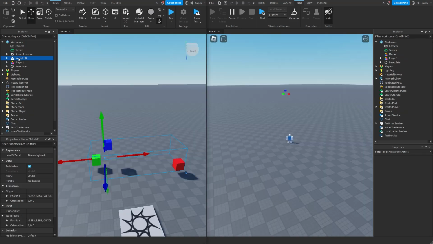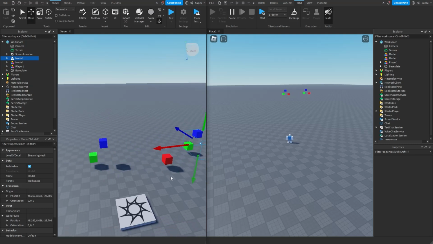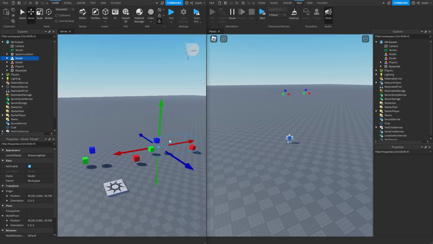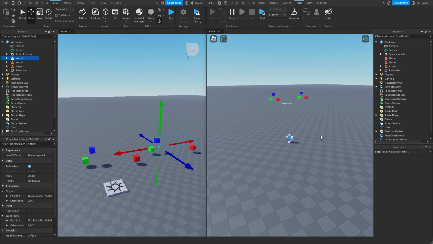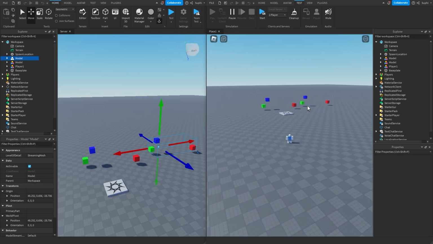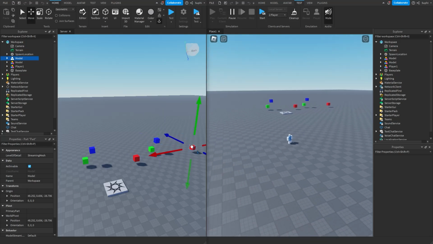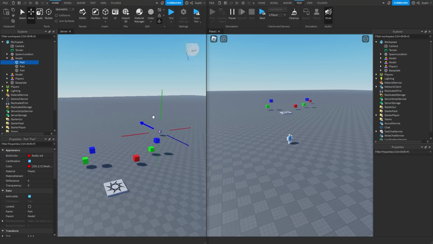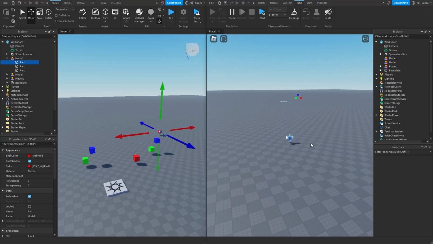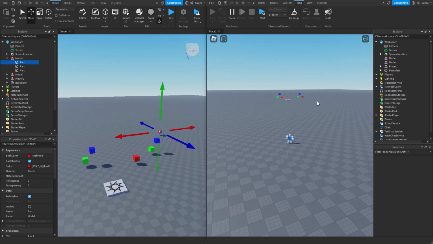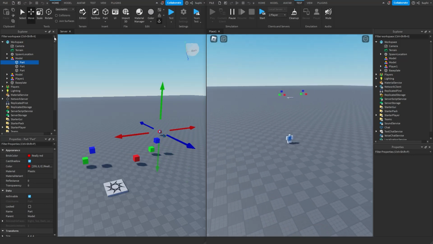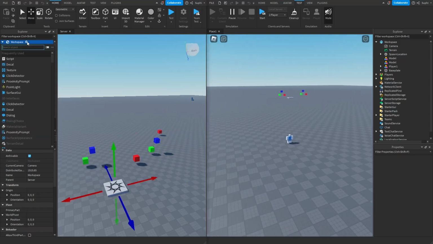Now if I duplicate this model, and if I move this model to the right, we can see that this duplicated model has the exact same imposter mesh as the previous model. And if I walk back, we can see that they snap to the right. And if I move this part inside of this duplicate and I move away, we can see it still has the same imposter mesh. And if I create a brand new model,